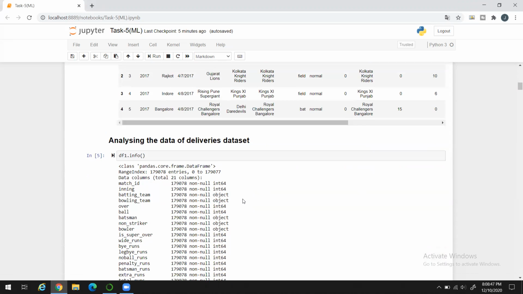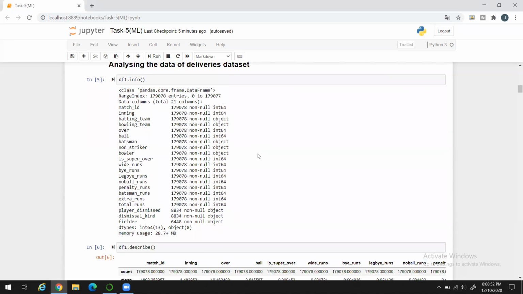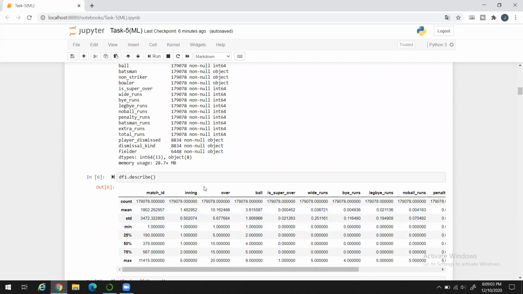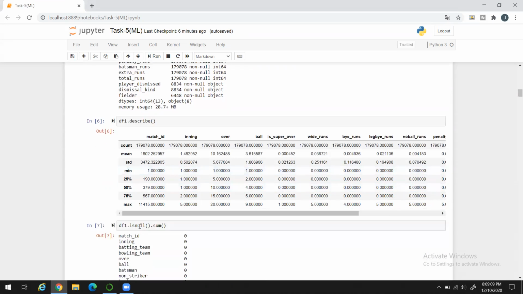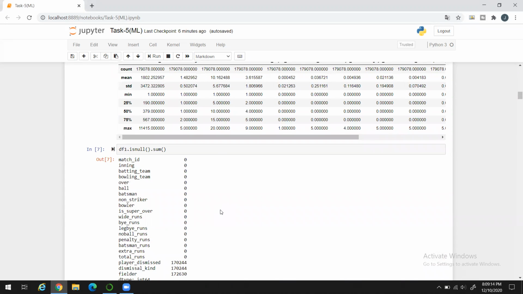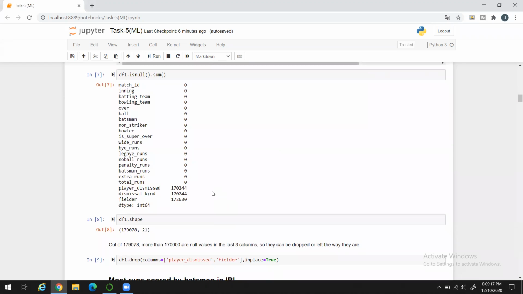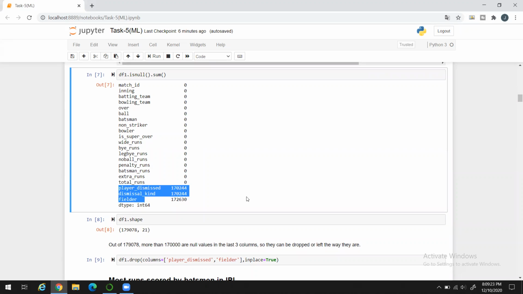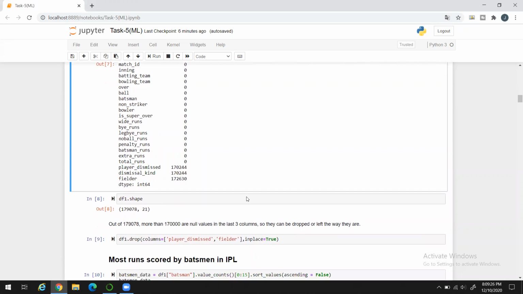Now analyzing the two datasets, initially the deliveries dataset. You can see the info, and you can observe that there are some null values here. As you can see, there are only 8,000 non-null values in player dismissed, dismissal kind and fielder. Now coming to describe, you can find the mean and other mathematical values for the given dataset. Now, as I said, there are some null values. We can find out how many null values there are. So, for these three particular columns, there are many null values, which means they can be either dropped or left